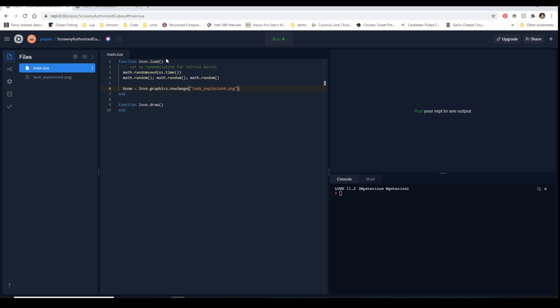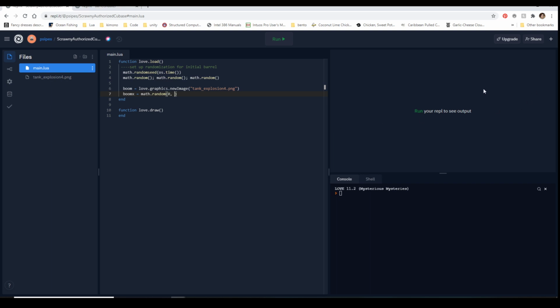And when you go to randomize where it's going to actually spawn, the big thing is that you have to check. So let's create boomx, which again could be a table or whatever, but in this case we're just going to put one explosion up. So boomx is equal to, and we know that the lowest our x value can be is 0, because that's right up against the left side of the screen. So we can say math.random, and that's going to be 0.